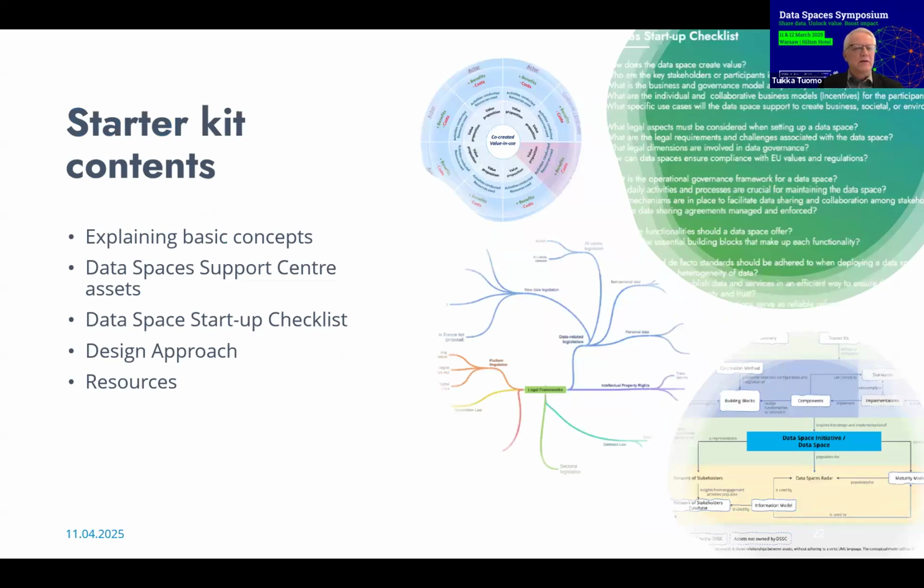We start with explaining the basic concepts. What is the definition of a data space, for example, and refer to the DSSC glossary as the central point for what is the essential terminology. We explain all the assets using a graph, which shows also their relationships. Assets like building blocks, blueprint, co-creation methods, standards, glossary, network of stakeholders, and so on.